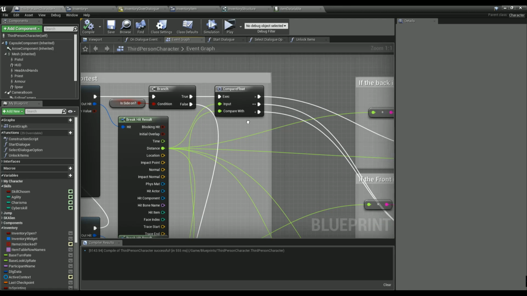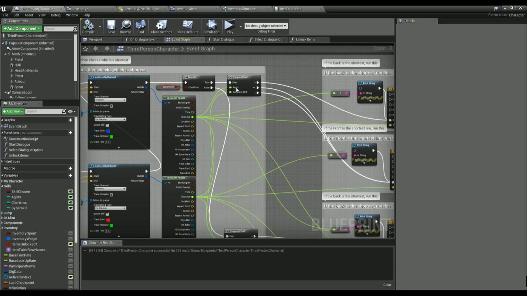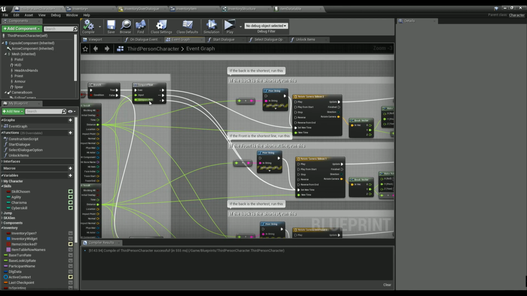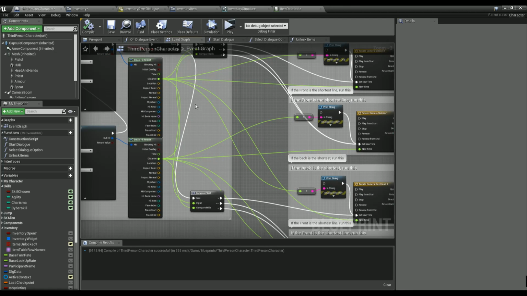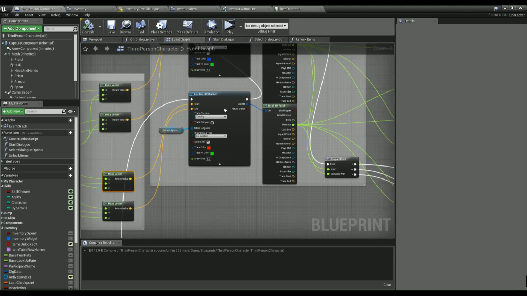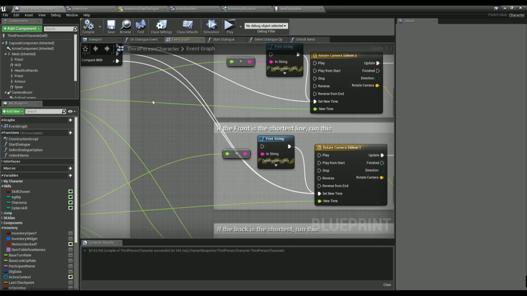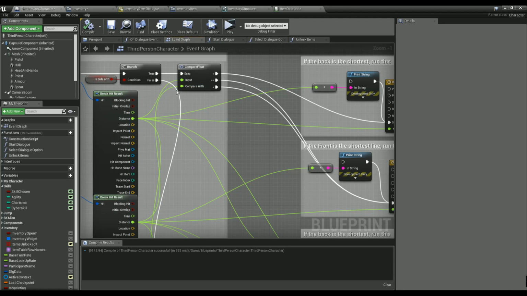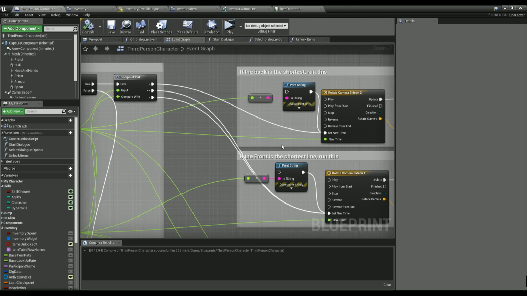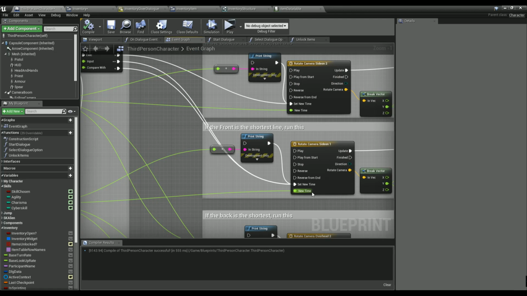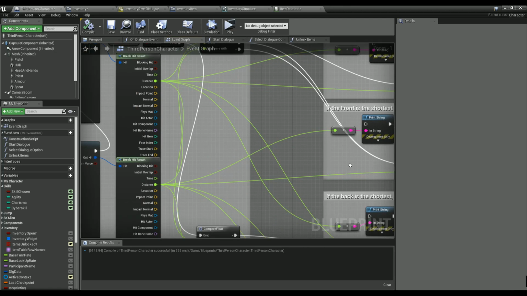So in this case, we take the distance from one, the distance from the other, and compare them. If the input, which in this case is the first one, the front one, is shorter or equal to, we'll use this one. If it is greater than, we'll use this one. And then all this does really is we have our time and we have a float equal to the time,